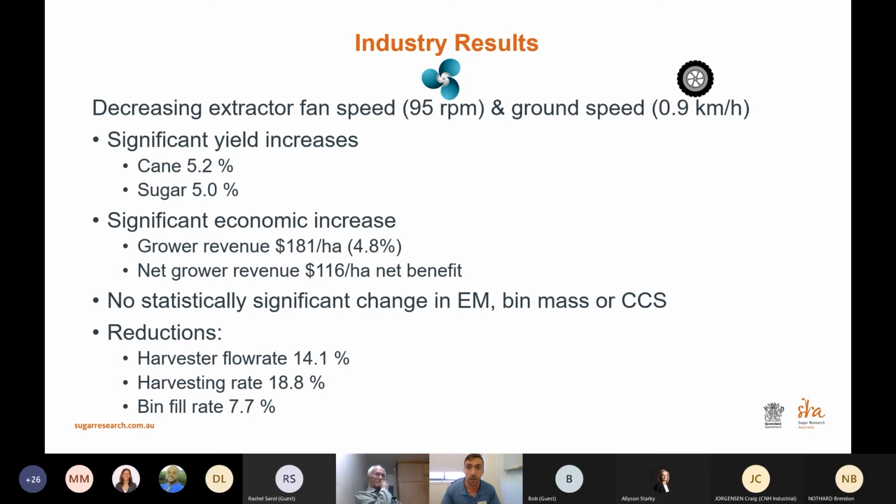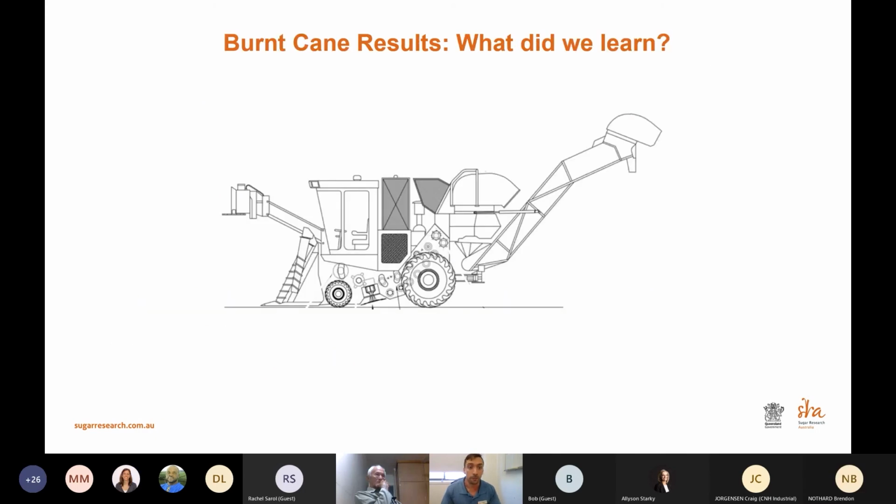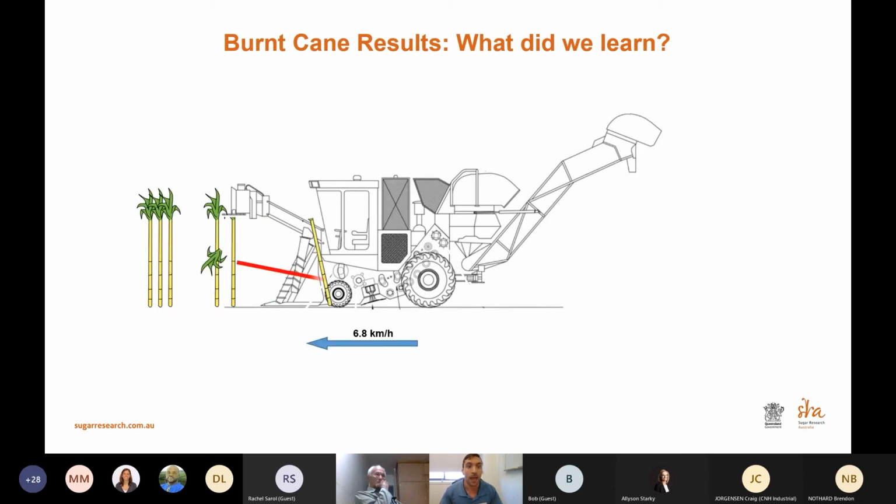Now, for the guys that are in burnt cane, we've done a couple of trials in burnt cane, and I just wanted to present that today. So the guys that are in burnt cane, they can see for themselves that yes, there is a benefit as well. When we're talking about a recommendation, there is a recommendation in burnt cane. So yes, you're correct. In burnt cane, unless you've got a very poor burn, a large amount of that EM